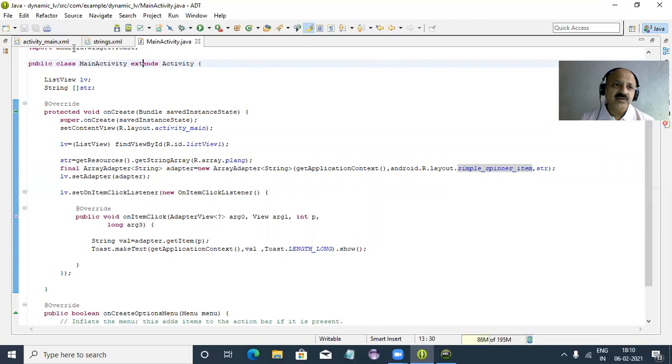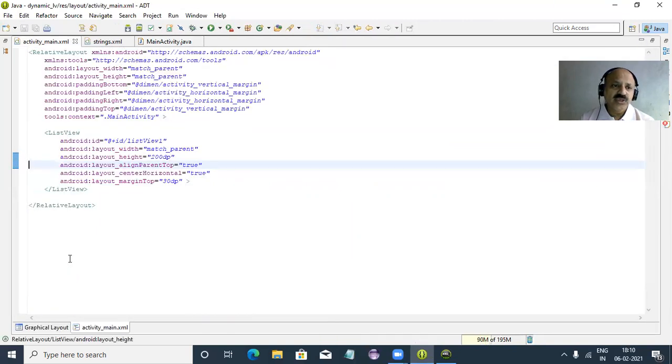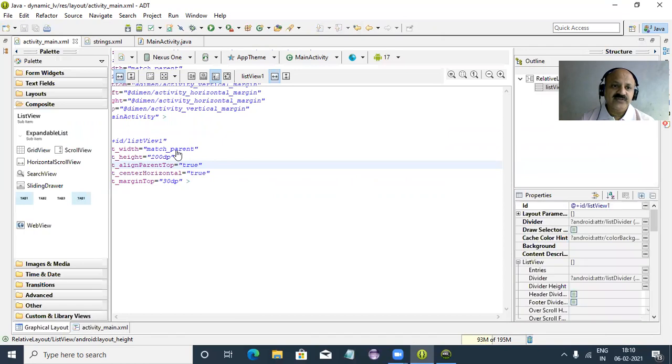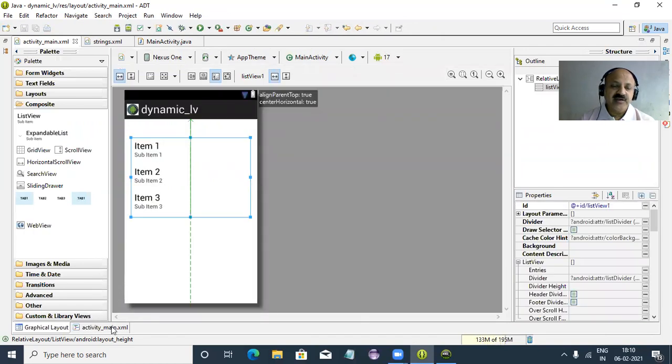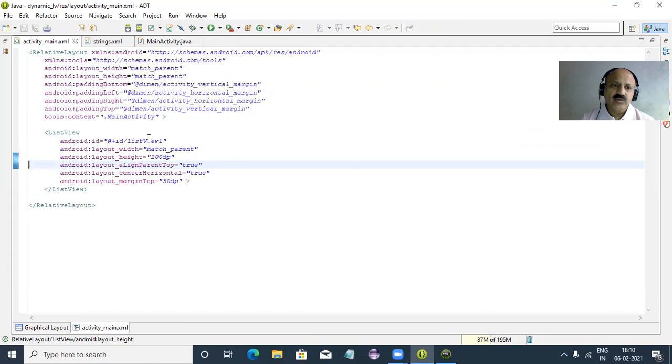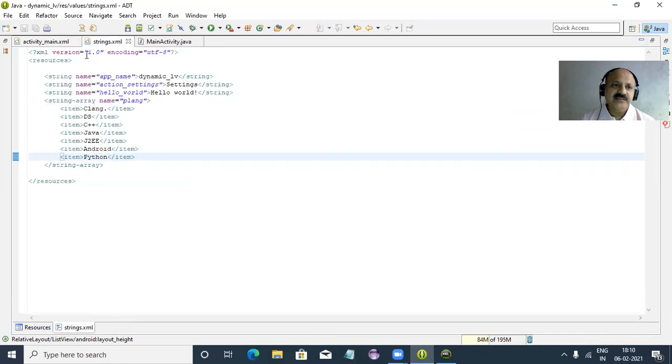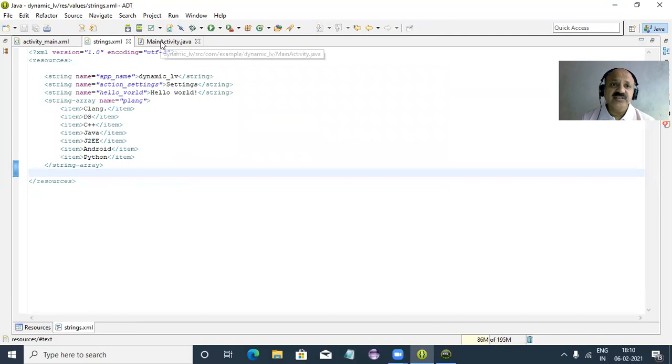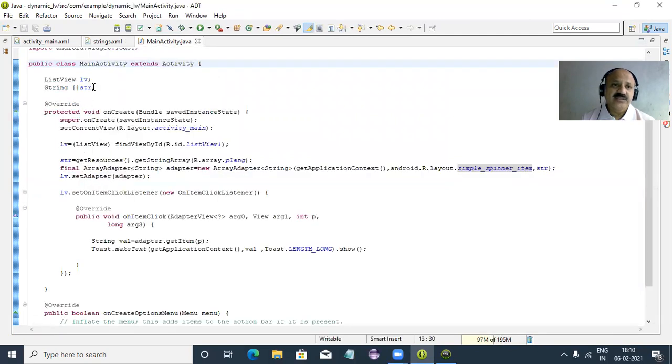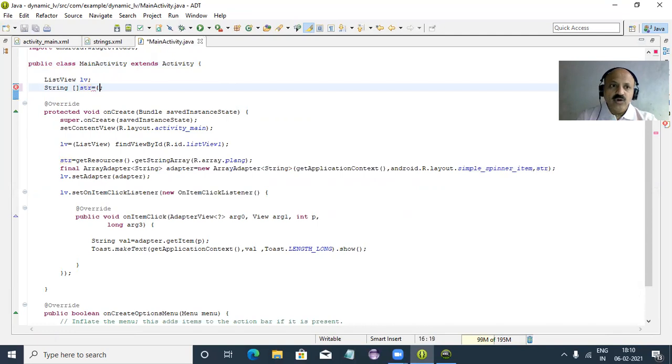So now I can summarize what we did in this session. We take one list view, and for that list view we can change the id, and we can change the height to 200 dp, and then in the res string.xml file, take any list as an item array list, and you can also use it directly in your string, like I just showed you. So you can look at the opening and closing brace and directly assign, like in C language. Yes, that is a possibility.